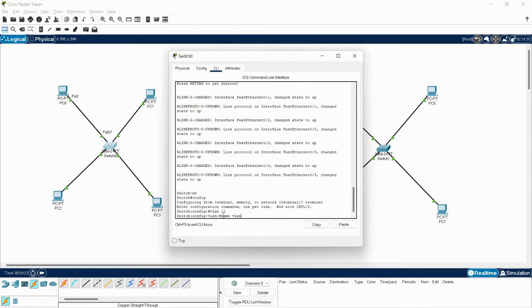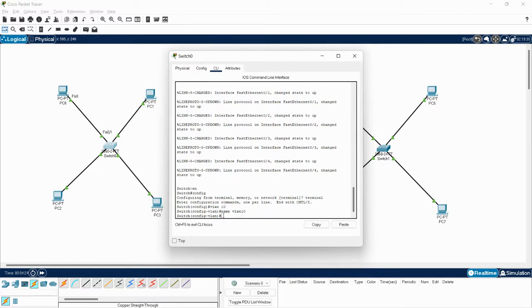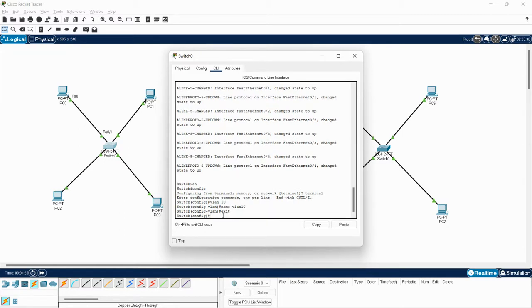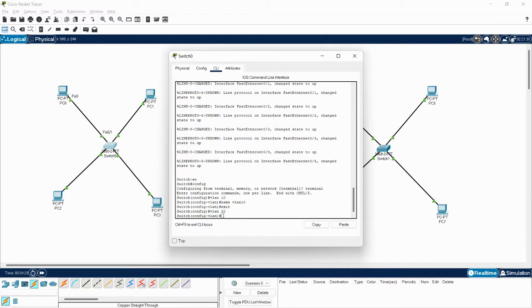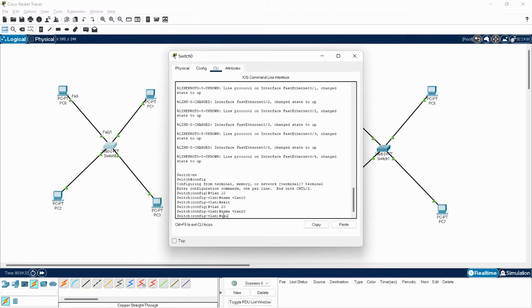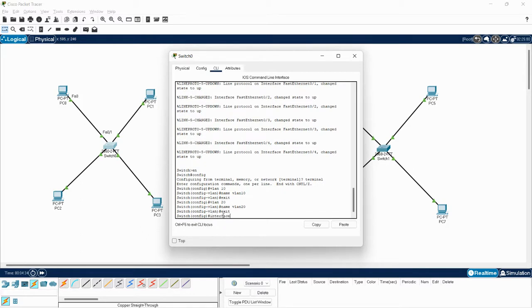I am configuring VLANs 10 and 20. Now connecting each interface to the corresponding VLAN.